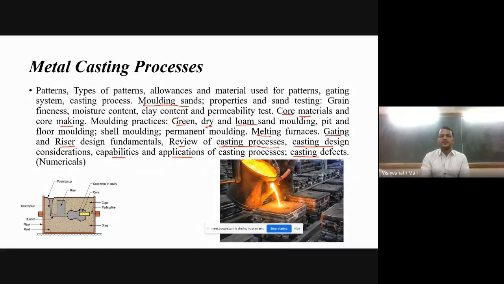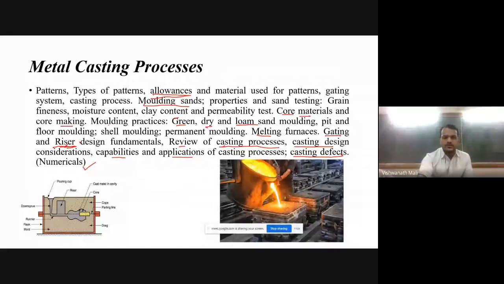We are also going to see numericals of casting, numericals of the design part, that is riser and gate system design, and numericals related to allowances, pattern allowances, and gating and riser design.